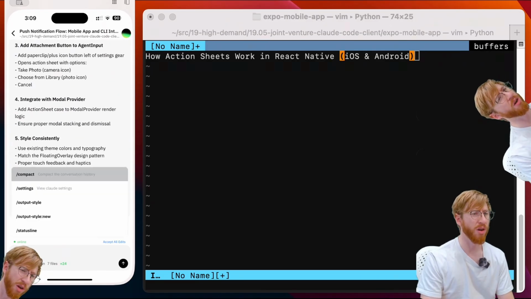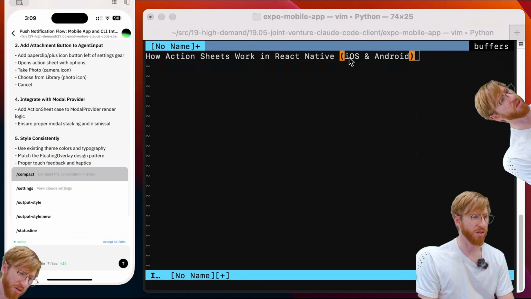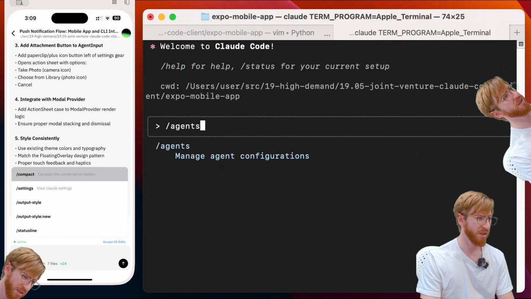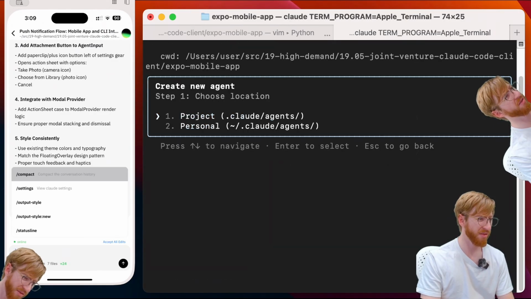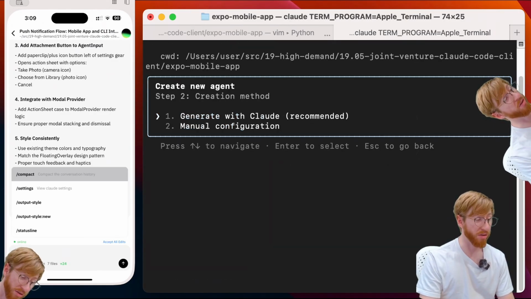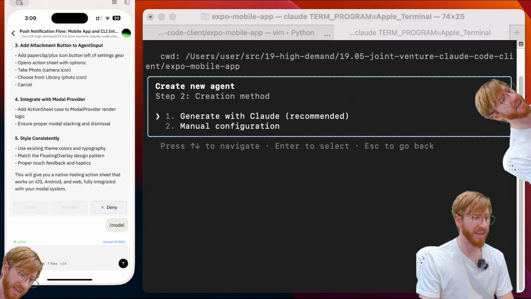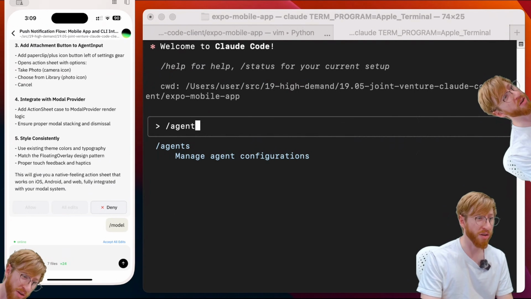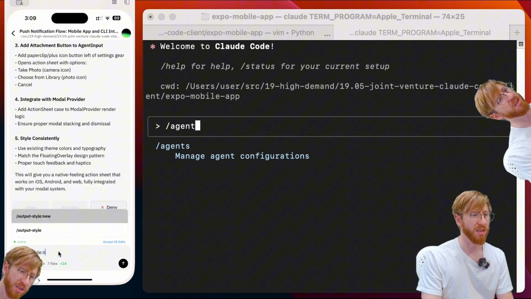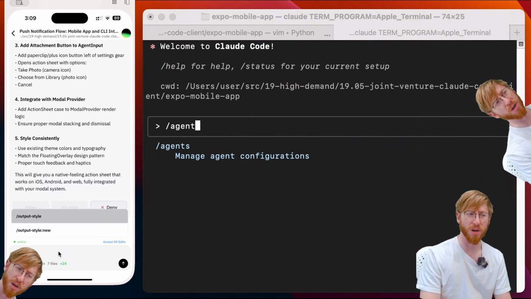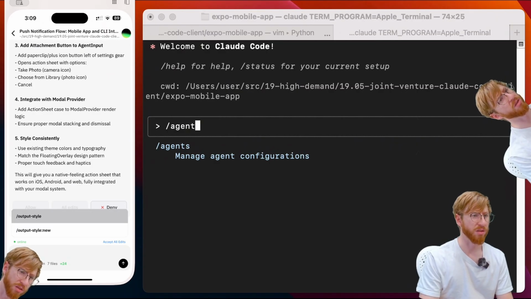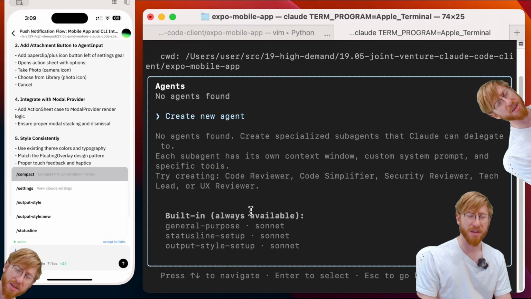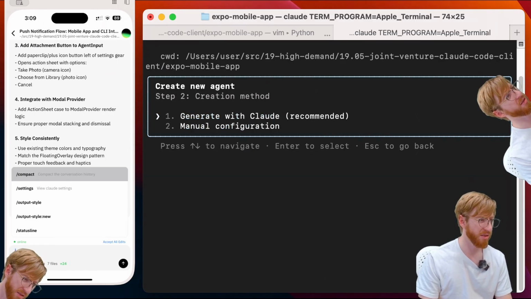Okay, so suppose I wanted to have a custom agent. So I know that Claude, I think a Claude in this directory. Do I have? No, I don't have one. So let's make an agent, and I cannot create a new agent from the mobile app. So agents, there's no autocomplete here. So it seems like this list is hard-coded, not loaded from Claude Code itself. So probably better if I could have. So let me make an agent. I can verify this. I'm making an agent, and then I'm going to say